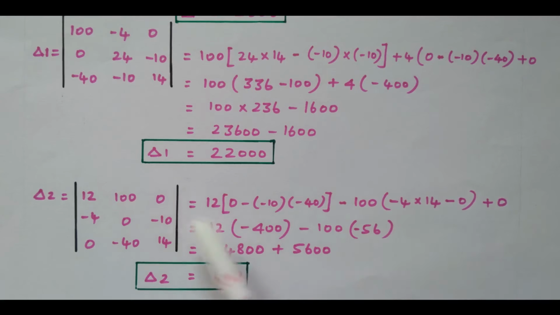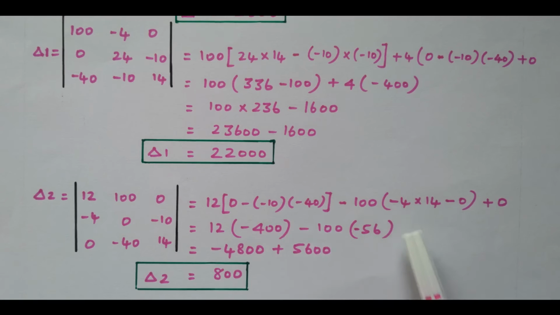The third term also 0. Right? Now we need to simplify this. So 12 into minus 10 into minus 40 is 400 plus 400, but our negative is there, so it becomes